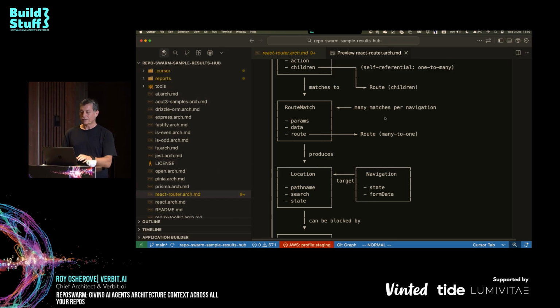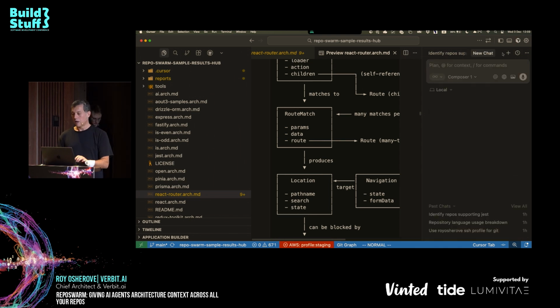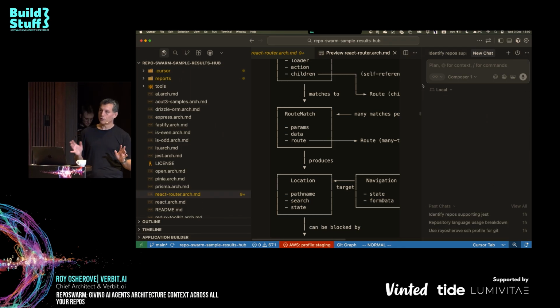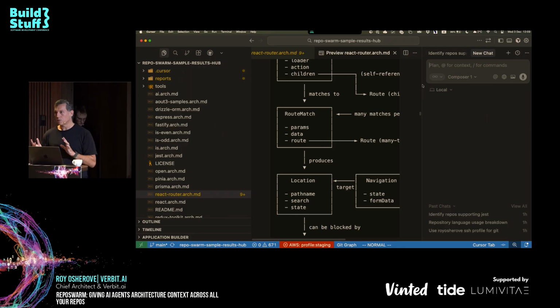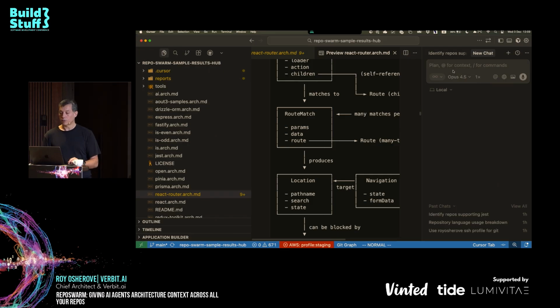We don't just ask. I could technically go here and say, choose. How many here have used Cursor before? Okay, cool. If you have never used Cursor, let me give you just a quick example of what it looks like. I'm a big fan of it. I wish they'd pay me to say that stuff, but no. I usually don't use the Cursor default models for this type of work, but the Opus 4.5 model is pretty good at answering these questions.